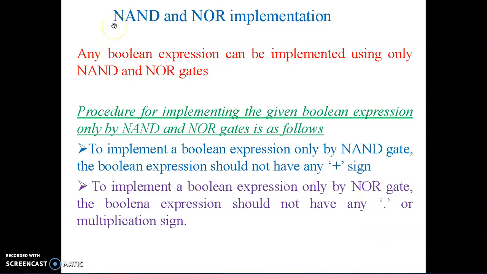Next is the NAND and NOR implementation. Any Boolean expression can be implemented using only NAND and NOR gates. For that you have to follow two procedures. First one is to implement a Boolean expression only by NAND gate. The Boolean expression should not have any plus sign. Similarly, to implement a Boolean expression only by NOR gate, the Boolean expression should not have any dot or multiplication